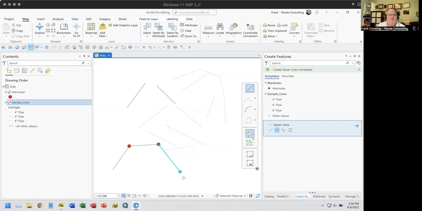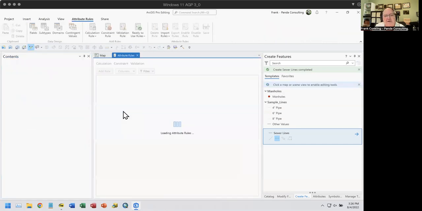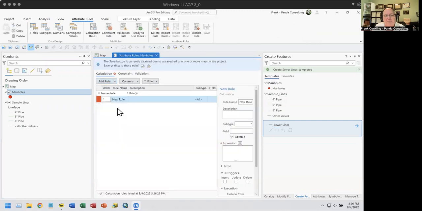It's going to be a little bit more than we're going to do on this one, but you can do it by, for example, and let's do a simplistic one here, just by going in here and creating an attribute rule that says, and again, it's going to calculate it. We're going to add a rule here, and that rule is going to be called